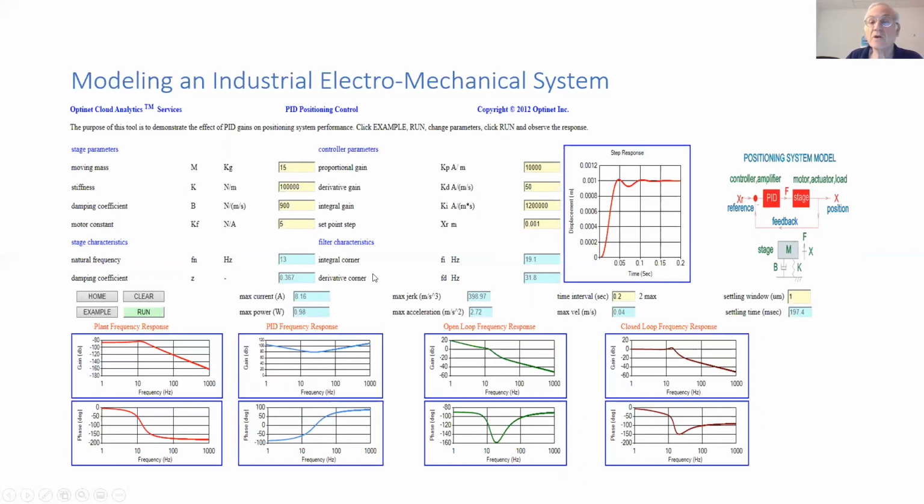And then we could also see, as we'll talk about in the next lecture, the frequency response of this particular system. We can use it to optimize the parameters and obtain settling time and response behavior as expected in a specification. This completes our presentation, and we continue with more on frequency response in upcoming lectures.